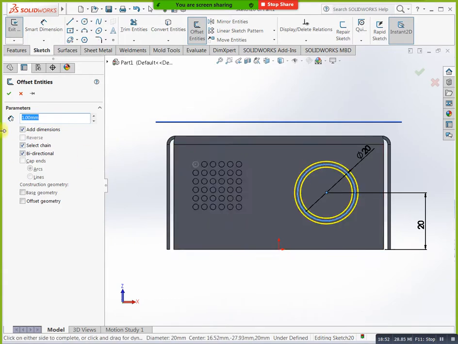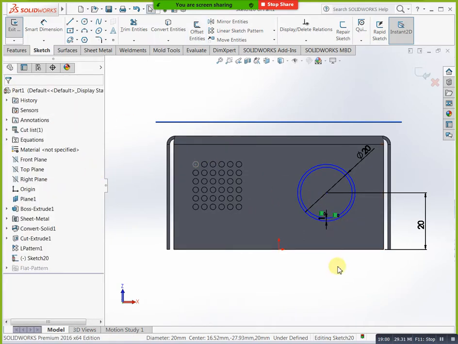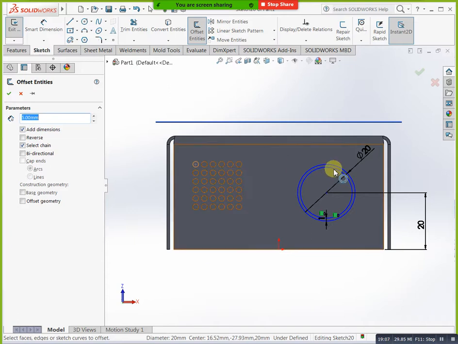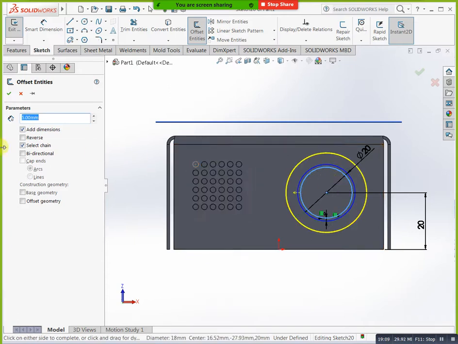Okay, I am creating one more. And you can select this one. Here to here you can check the dimension. 18 is there, but I need this one as a 19. This dimension you can change into 19. Okay, not a problem this one. Just you can select this one, delete.